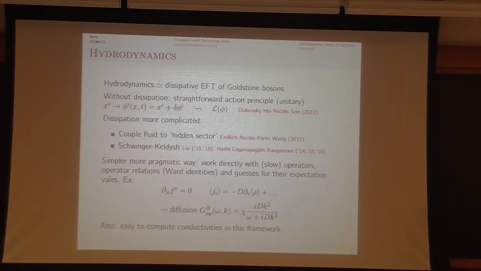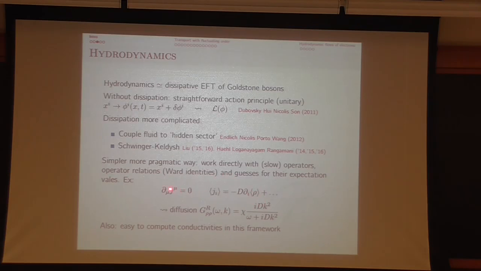The current, however, can be a fast operator in general. And so instead of putting it in my description, I'll write down an ansatz for its expectation value in terms of my slow hydrodynamic operator. I'll just write down the most general thing that's consistent with symmetries. Here I assume an entropy in a gradient expansion. I'm doing things in a gradient expansion because I'm interested in the low frequency, long wavelength observables anyways, so it makes sense to write down this expansion.